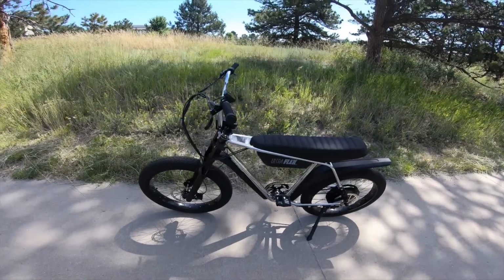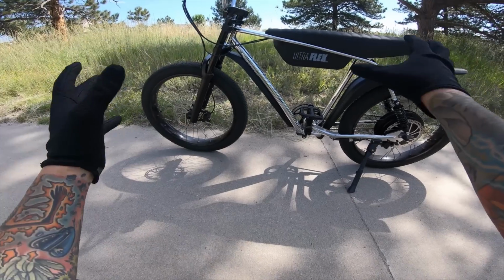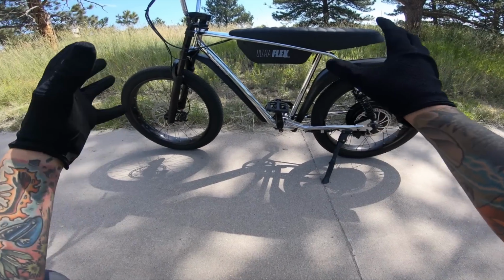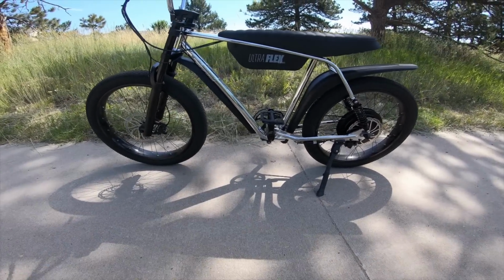Alright guys, prepare yourself for a brain dump of my thoughts on this bike. Like I said, I've already ridden it 10.8 miles before the start of this test. We'll kind of do a range test, but with my testing in the past of the Ultra Urban 1100, ZOOZ doesn't lie about their specs, so this thing will definitely do the top speed and the distance advertised depending on all of those factors, but